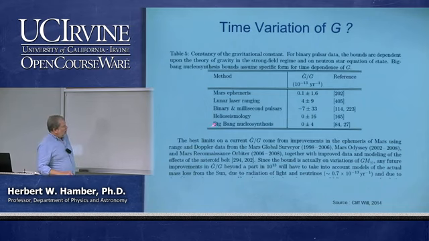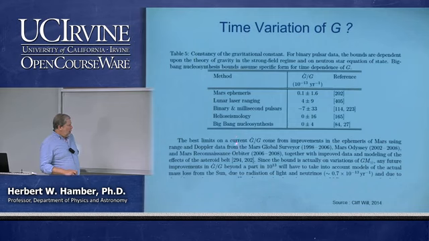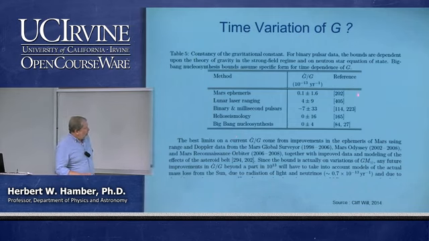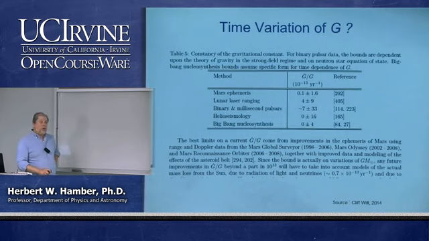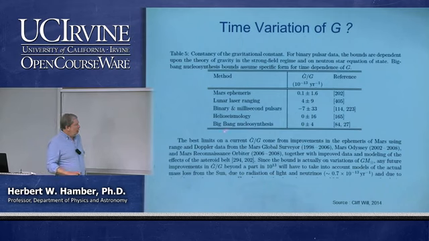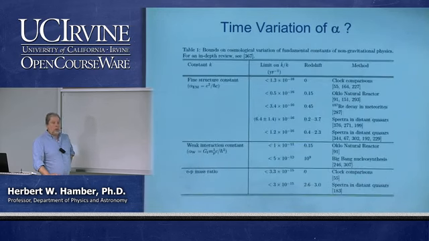And so over the years, there have been increasingly accurate measurements of whether G dot over G is non-zero. We're talking about variations of G dot over G over times which are now comparable to the age of the universe. It looks like if G is varying, it is varying by a very small amount that is not easily detectable. And this variation of G, of course, falls under the general rubric of whether coupling constants in